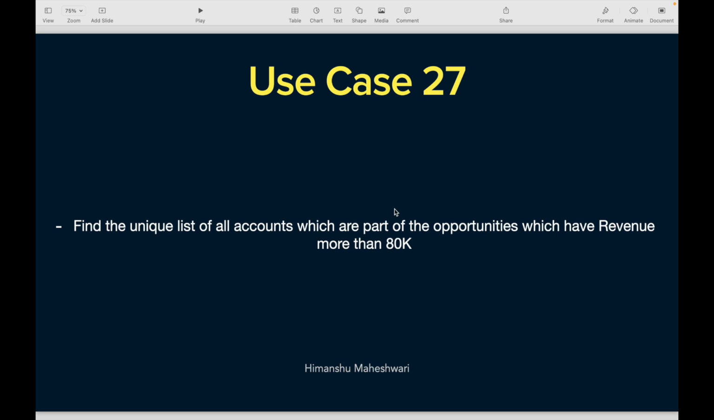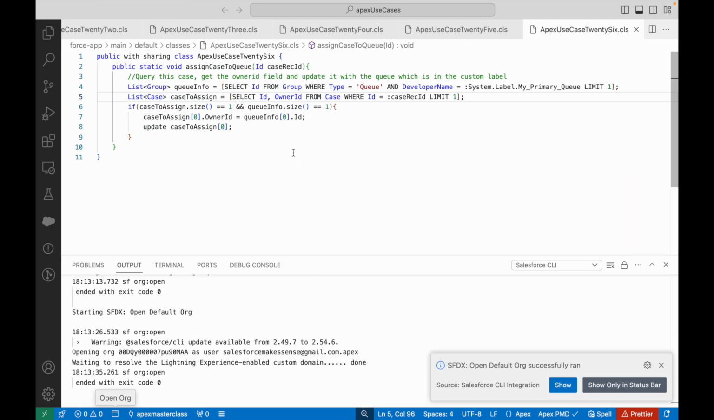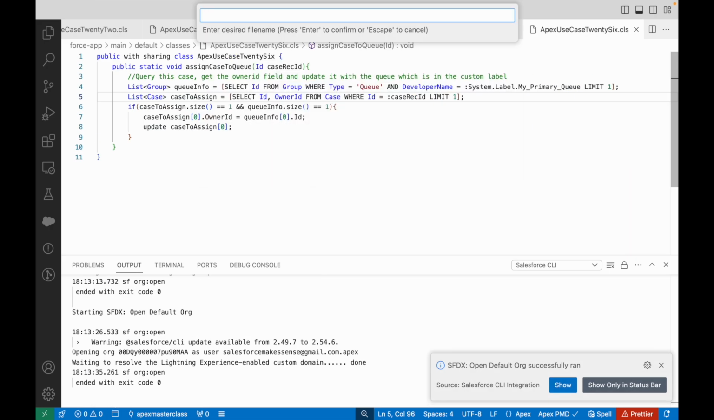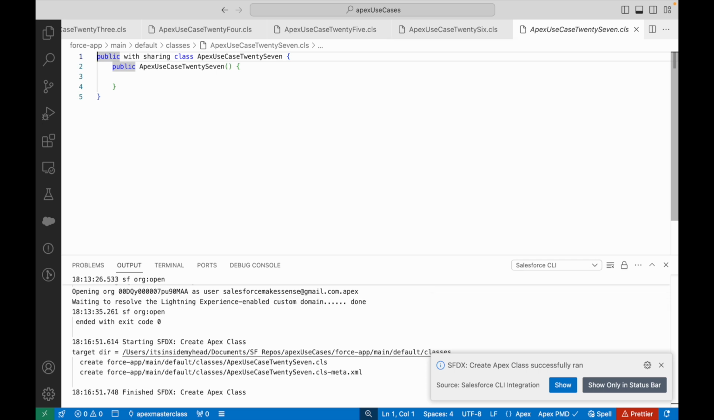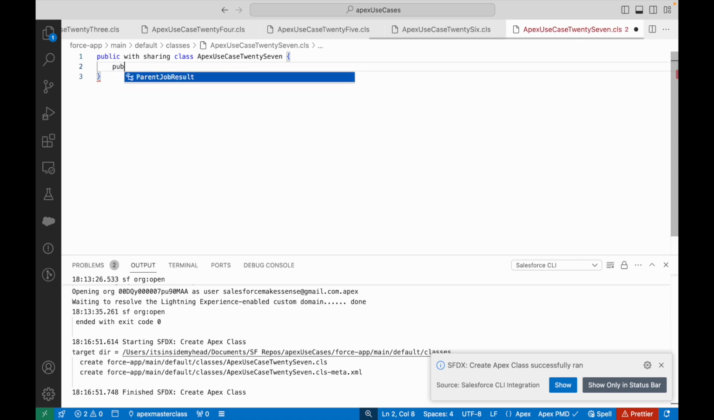Okay. So I hope you have written the code, you've pasted it down below, and now let me just try to show you what the solution looks like. Okay, so I'll just go to Visual Studio Code and I am going to create my 27th Apex use case class. So I'll say Apex use case 27. All right, it looks like I'm practicing the spellings of all the numbers from 1 to 20 or 25, right? All right, so I'll get rid of the constructor and I'll just say public static